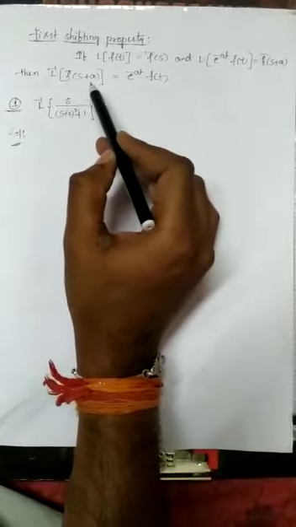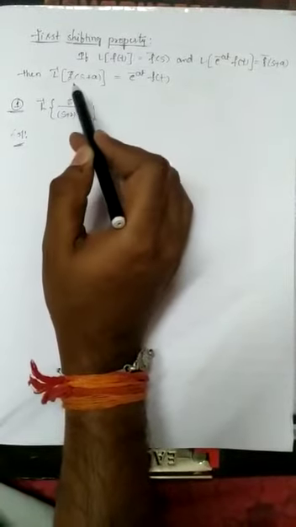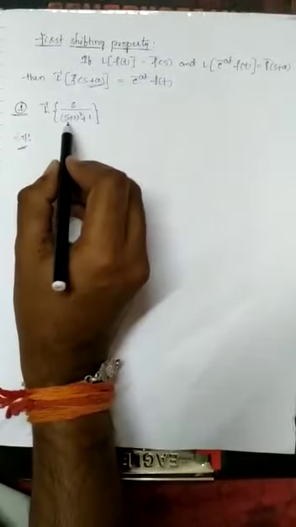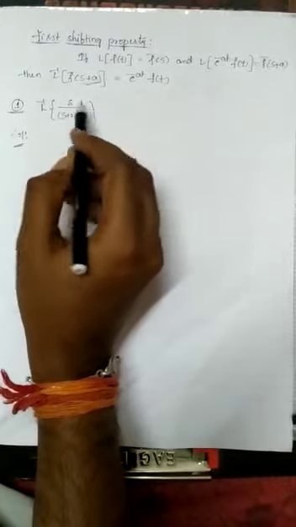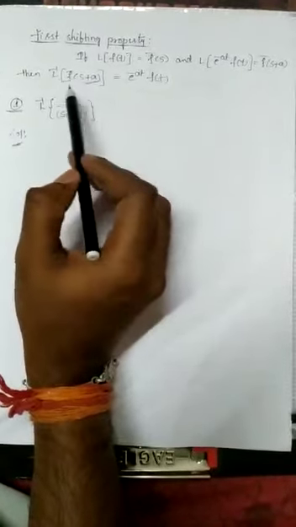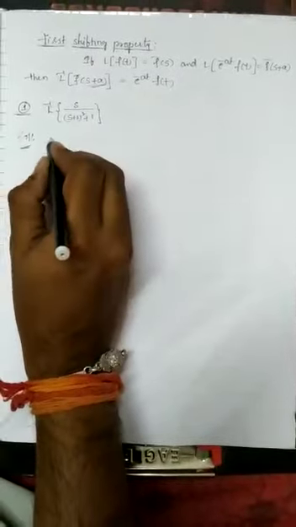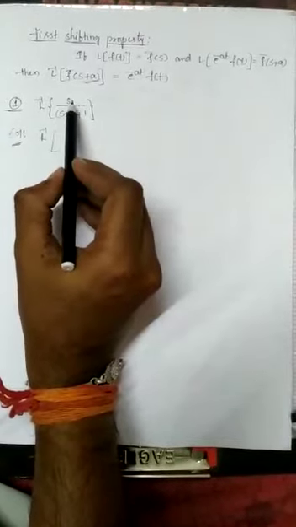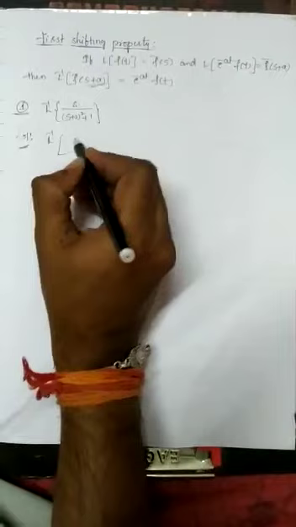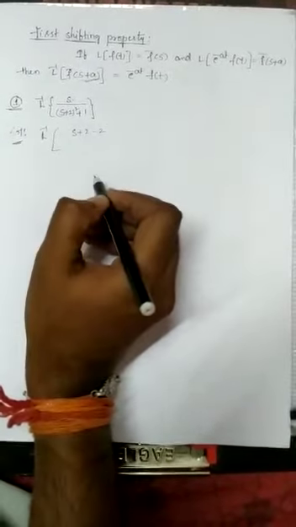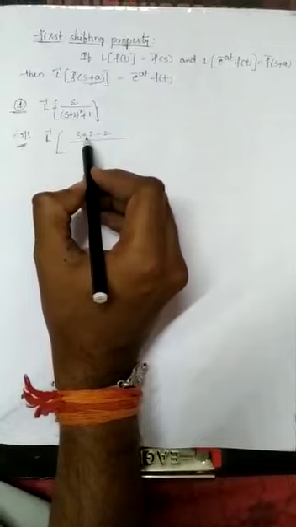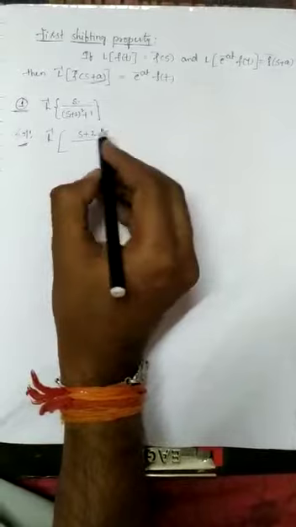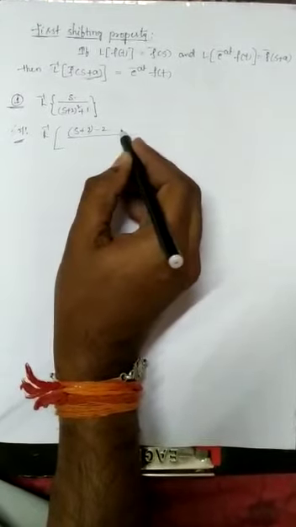because we have to use this form, that is Laplace inverse of f bar of s plus a. That means the function should be in terms of s plus a, right? So here in the denominator we have s plus 2, but in the numerator we have only s. So to apply this first shifting property, first we have to write this s in the s plus a format. That means we have to write this s as s plus 2. How can we write it? By adding and subtracting 2. First let us add 2 because we need the s plus 2 term. So write s plus 2 minus 2.